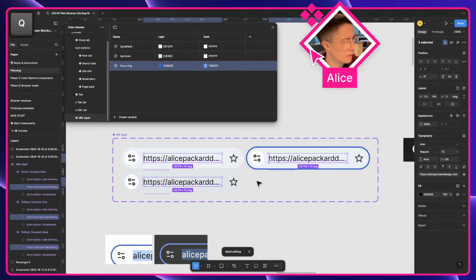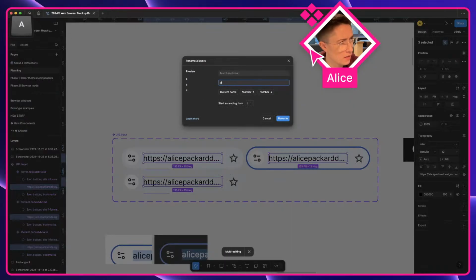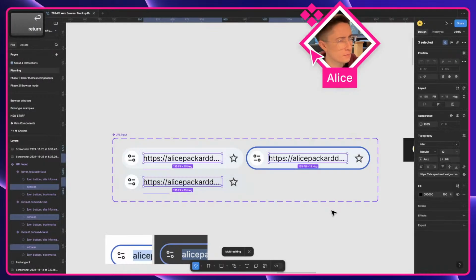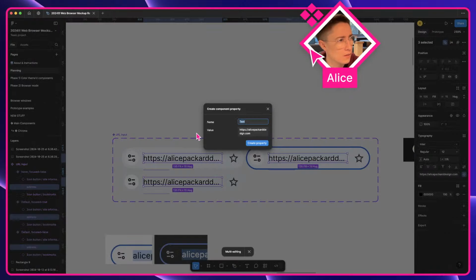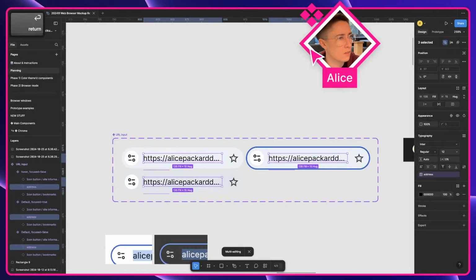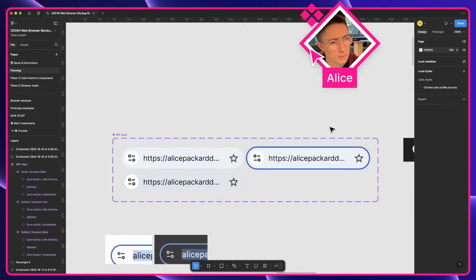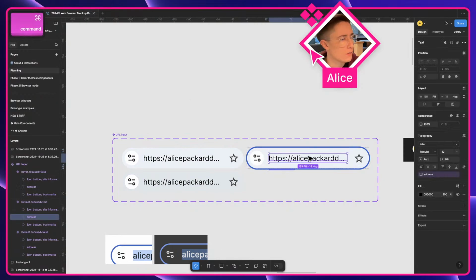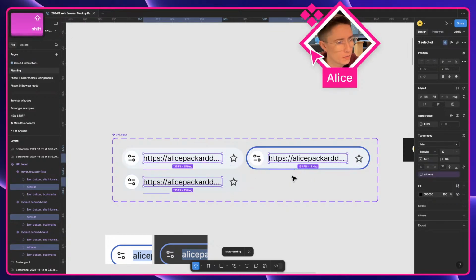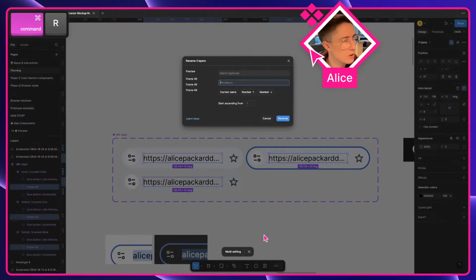And also let's clean up our layer names perhaps. So this is going to be address, which probably wants to be a component property. So yeah, this needs to be highlighted. And so perhaps in this case, let's do all this. Let's put this in a frame. We'll call this address